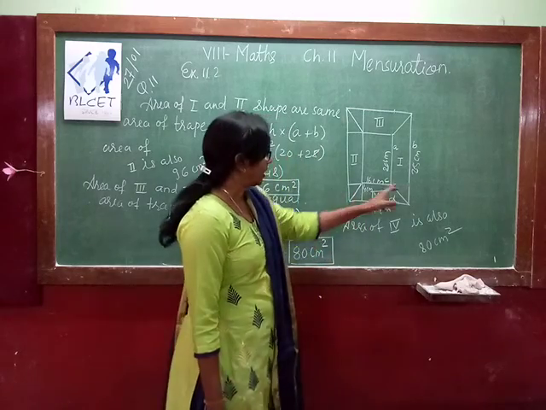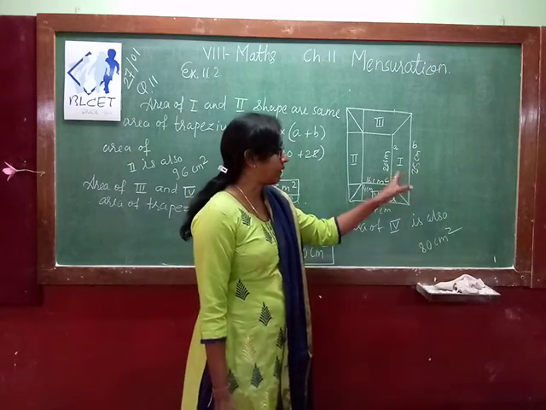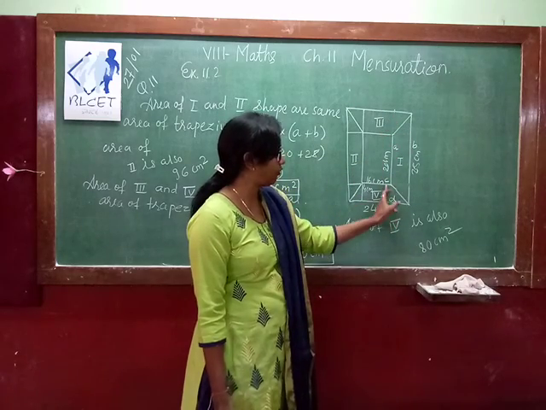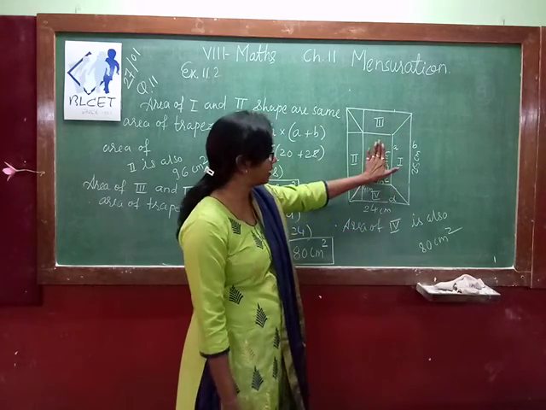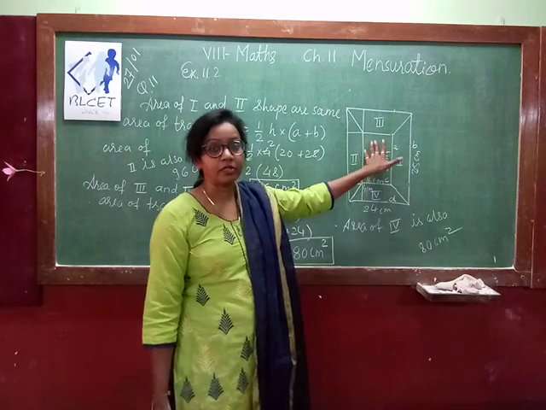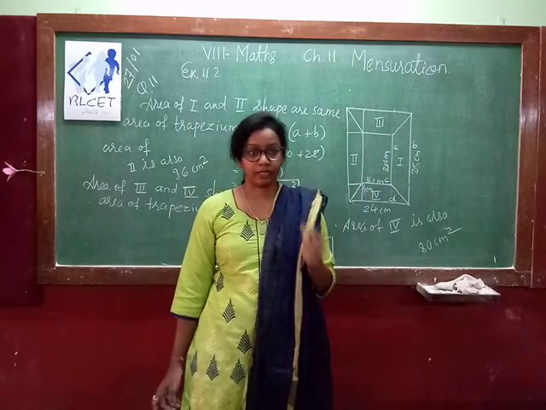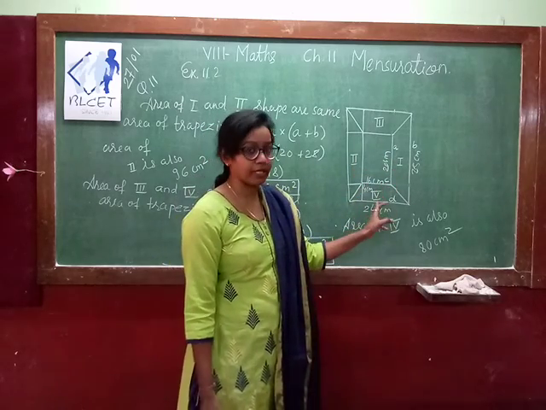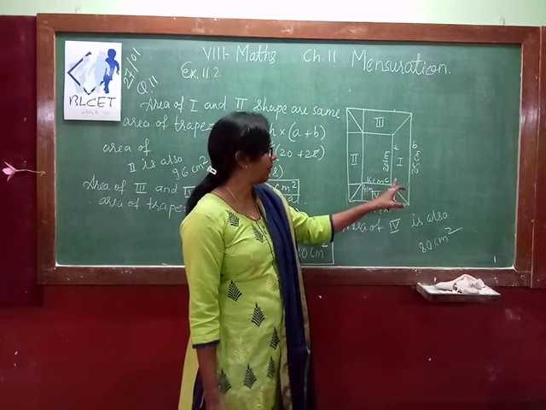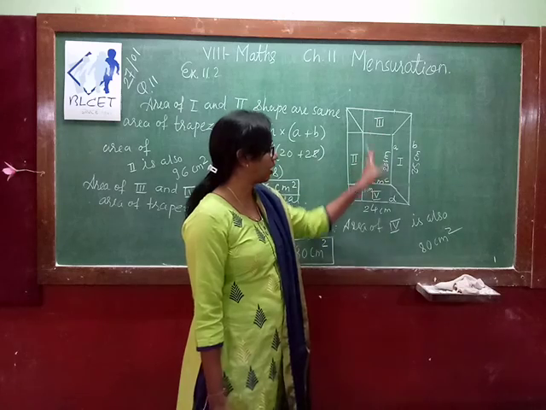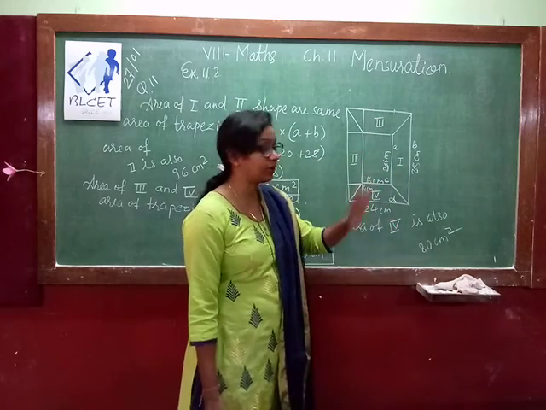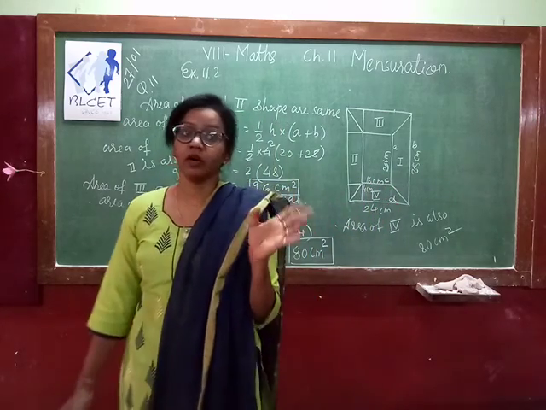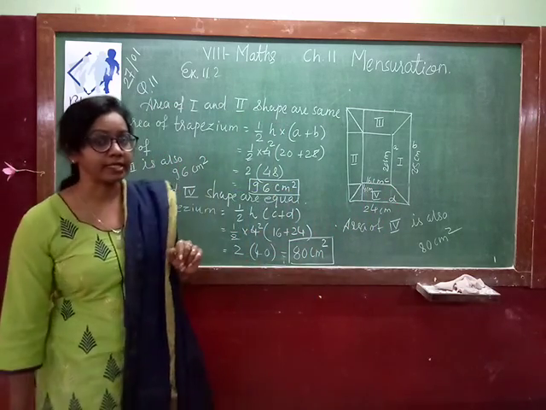Here also this is 28 and 20. When you do the subtraction, your answer is 8. So 4 from this side, 4 from this side, you have to reduce to get this rectangle. This way you can find the width, and here the width is the same for all the trapeziums. How many trapeziums are there? 1, 2, 3, 4. In that, 1 and 2 are both the same, and 3 and 4 shapes are the same. All are trapezium but the measurements are different.